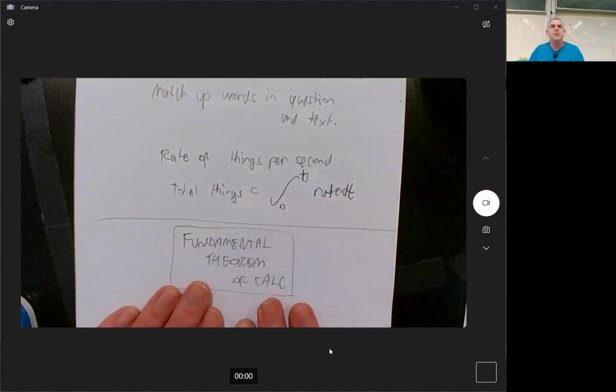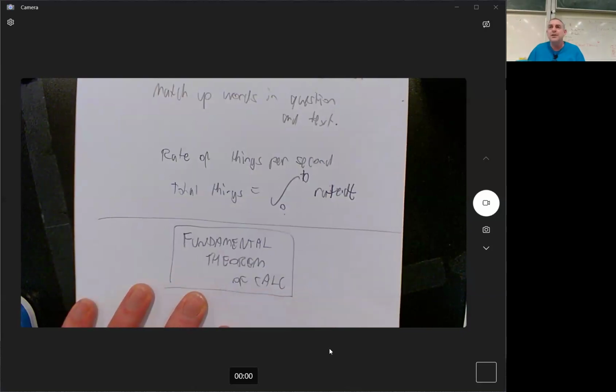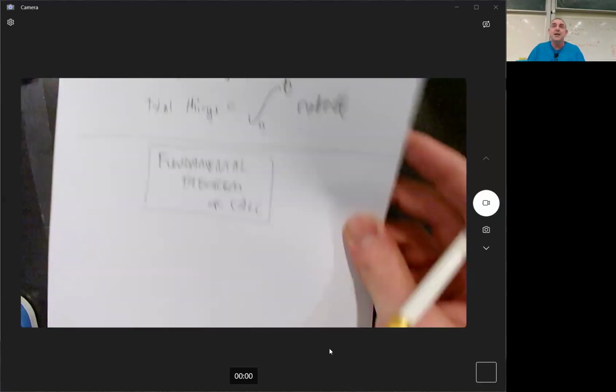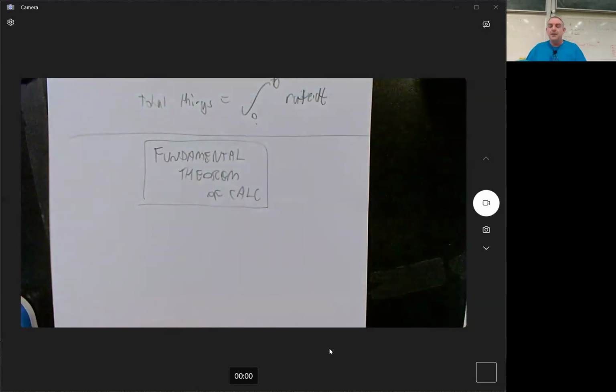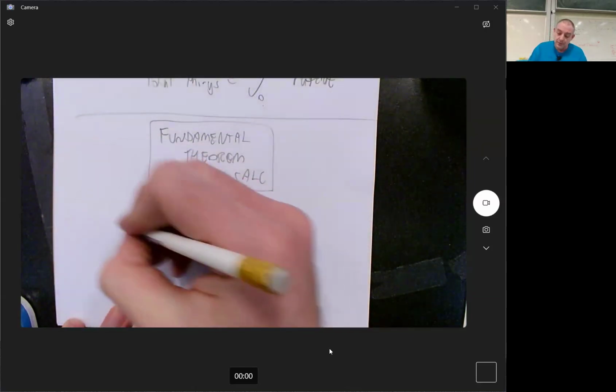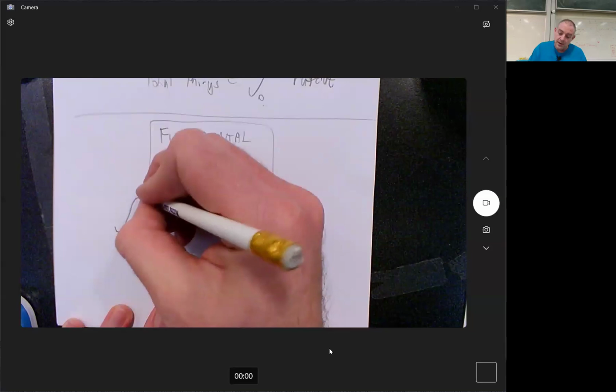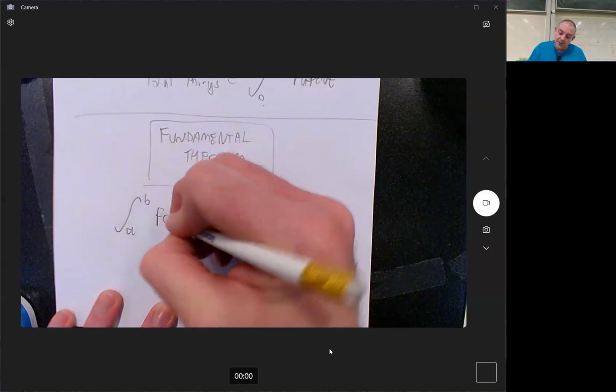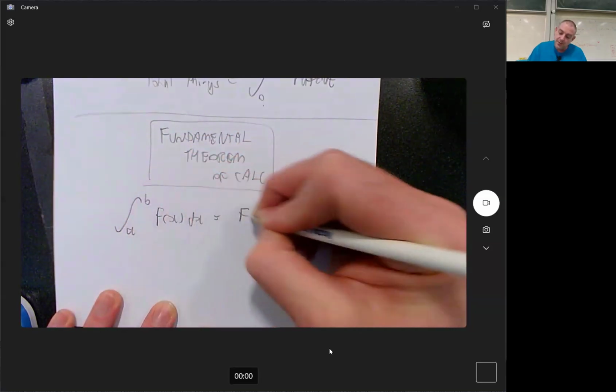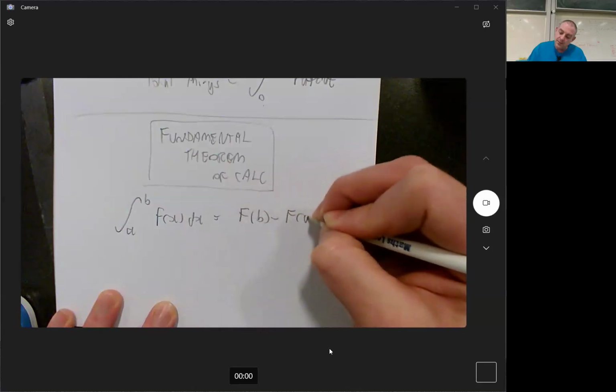This is in this course, Fundamental Theorem of Calculus, right? It has two pieces. I can never remember which one is which, but the point of one of the parts of the Fundamental Theorem of Calculus, the part that goes like this, the integral from a to b of f of x dx is capital F of b minus capital F of a